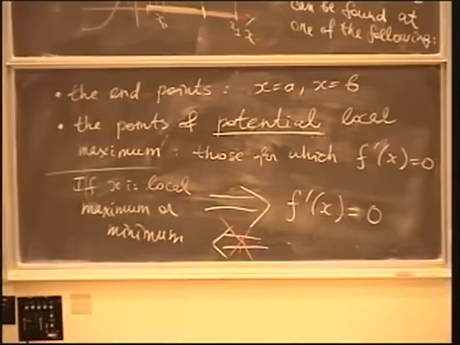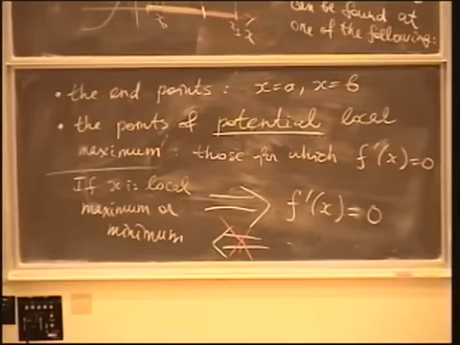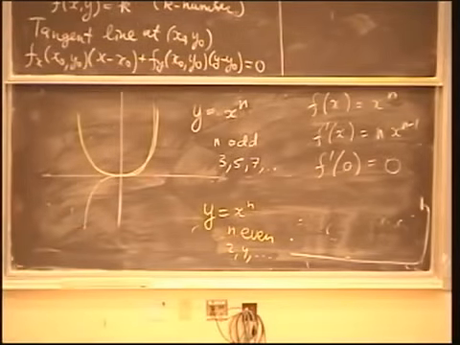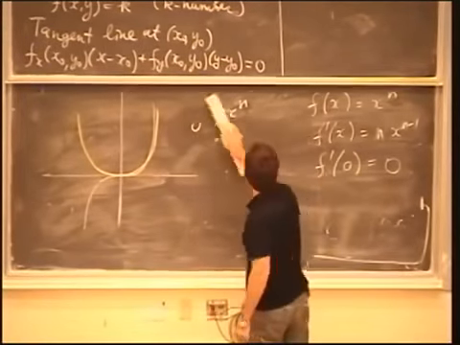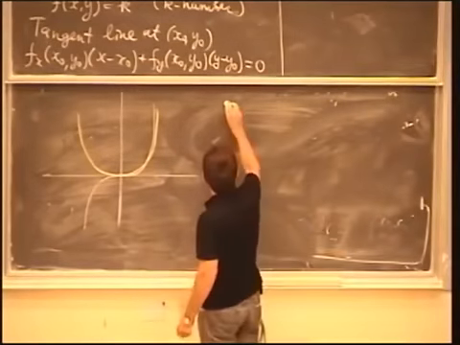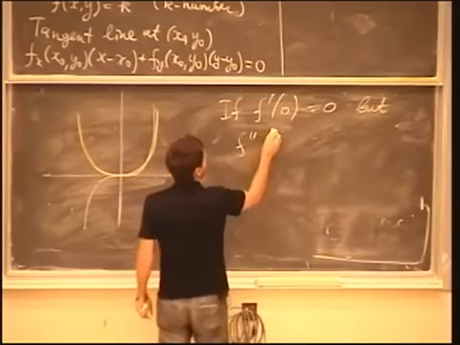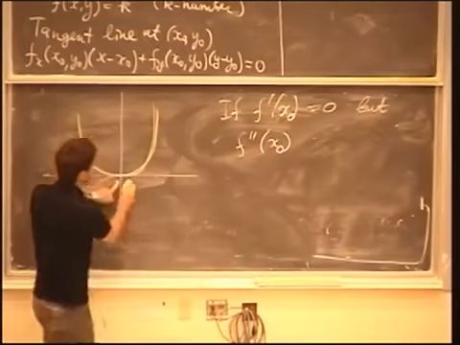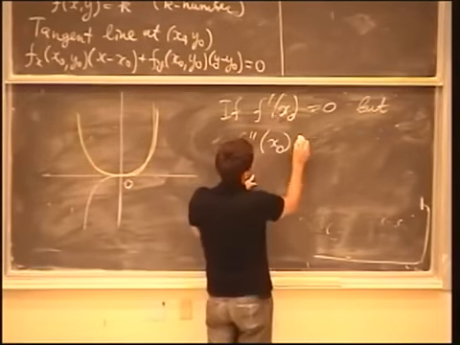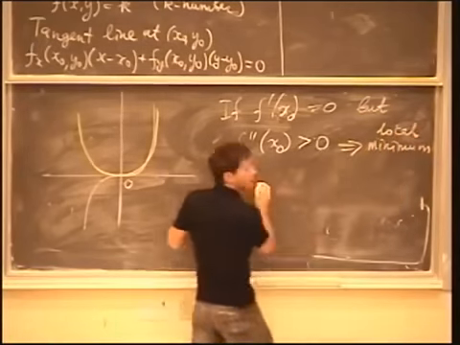And now, in some sense, we already know everything we need to know, because in the two-dimensional case, it's going to look exactly the same. The criterion will be slightly more complicated. Maybe I'll say one more thing, which is that there is a criterion to see whether the function is a maximum or minimum in this case. Namely, suppose that f prime is 0, but f double prime at this point, let me emphasize that it's a particular point x0, which was the point 0 in my previous example, let's call it x0, is positive. Then it's a minimum, local minimum. And if